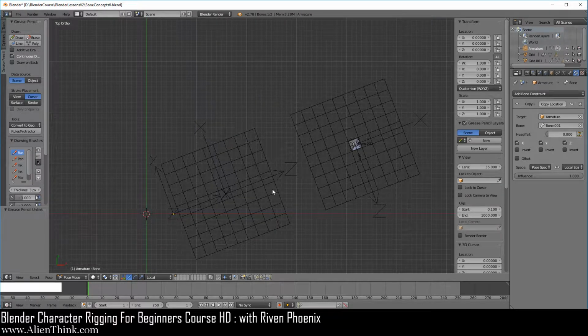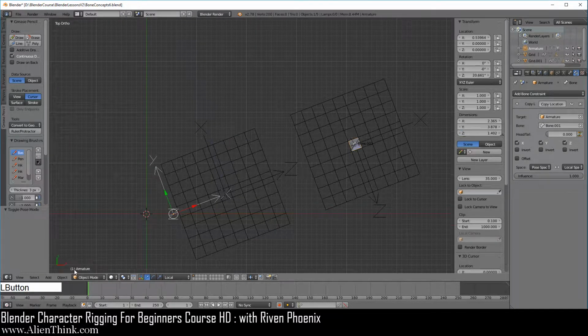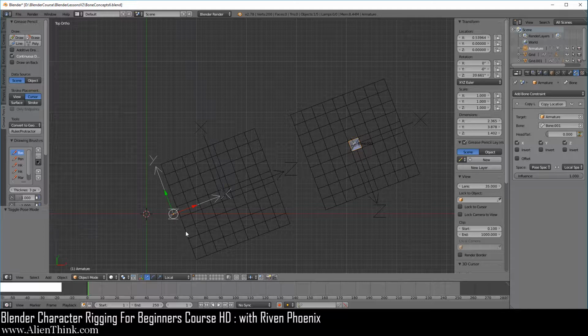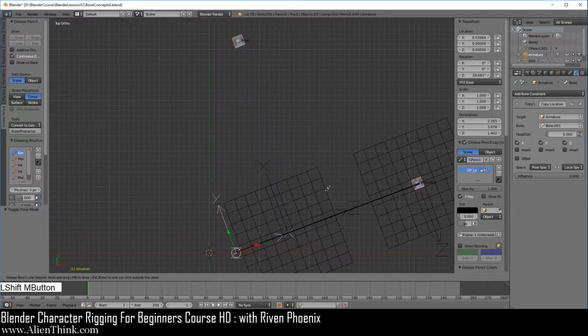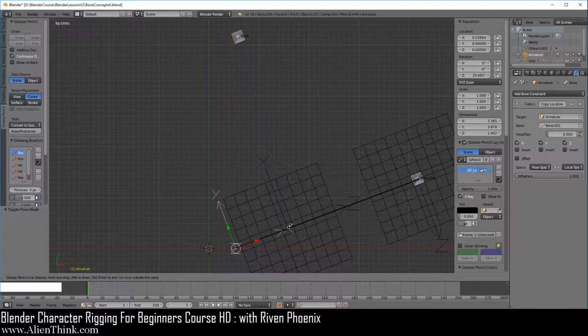So what we can do is simply first switch this to object mode. We can see that the axis being displayed on the armature shows that along the x-axis, if you draw from the origin, this is where this bone is. So this information is now going to be given to the owner object in local space. What that simply means is that if you do Shift middle mouse button, if you draw a line from the center of its local coordinate system along the x, it's going to go over here. Now press the escape key to get out of this.